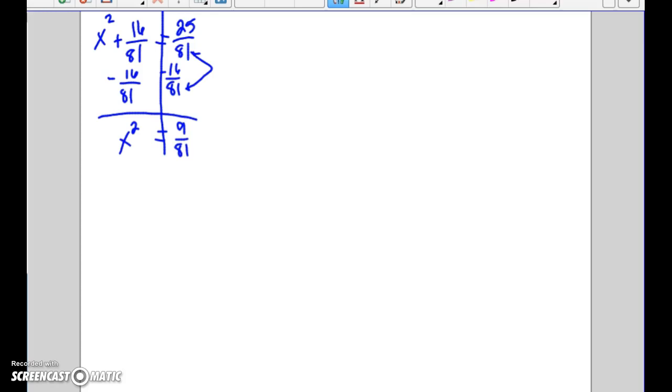Now, I have this squared. That means I have to take the square root, right? What is the square root of 9? What's the square root of 9? 3. What's the square root of 81? 9. I know that for x squared, if I just reduced it, you had 1/9, but I'd still have to go back and take the square root. Where if I did it here before I reduced, then I have 3 over 9. Isn't that what I